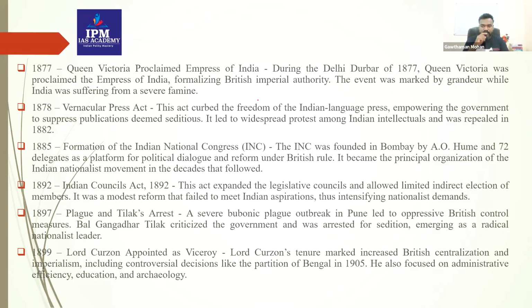So what they did was, there were magazines or press coming out in the vernacular languages, the regional languages, but the British were not accepting that, because through these regional languages people could be mobilized. They were able to talk about the corruption of the British administration. They could actually organize people to revolt against the British administration. So that is the reason why they curbed the freedom of the Indian language press, and they emphasized only on